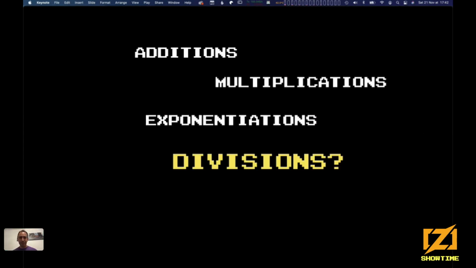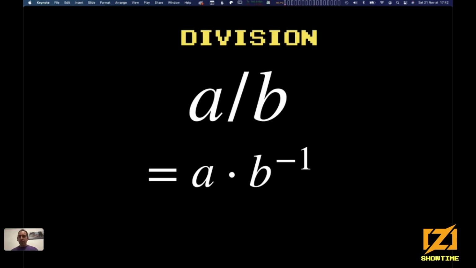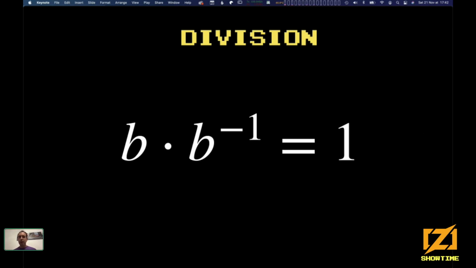Okay, perfect. So this is very cool. We can do additions, multiplications, exponentiations. What about divisions now? Why not? Okay, so a division, when we divide A by B, it's equivalent to just multiplication by the inverse of B. So if we can compute an inverse, we can divide. How do we compute an inverse? By the way, what's an inverse? Well, B times the inverse of B is 1.